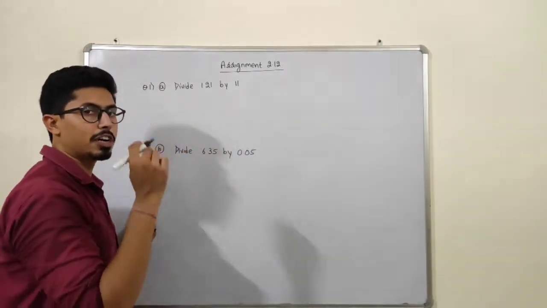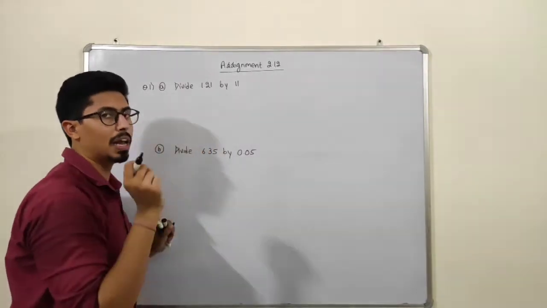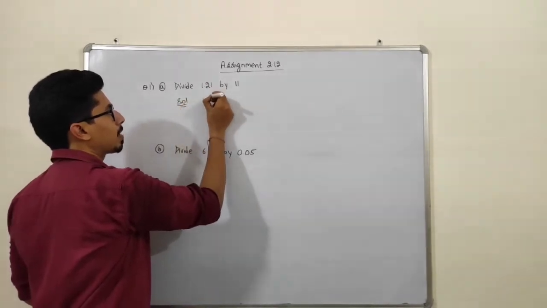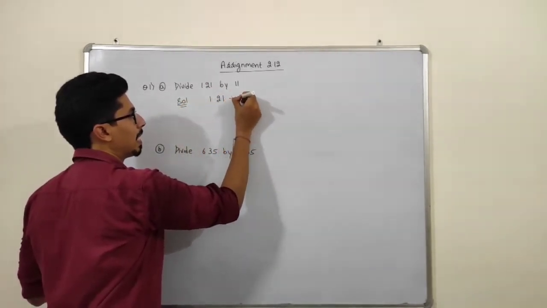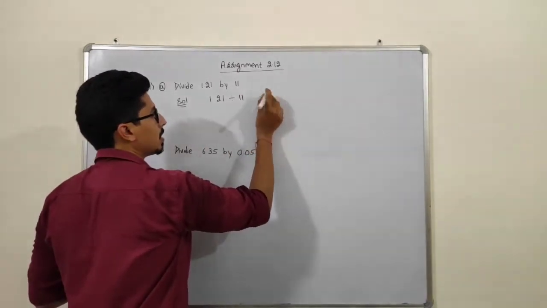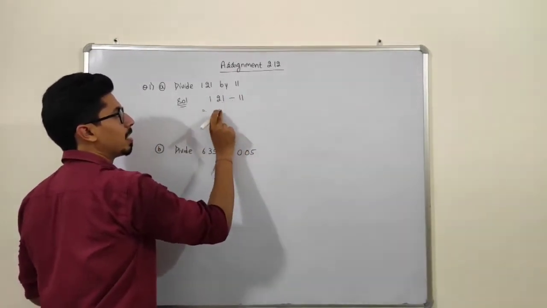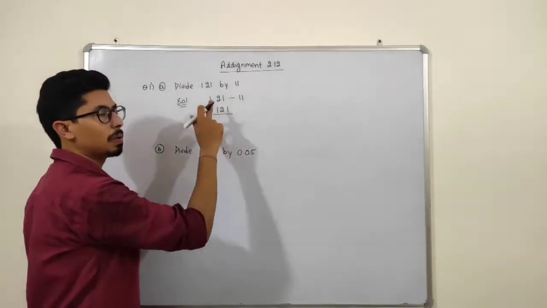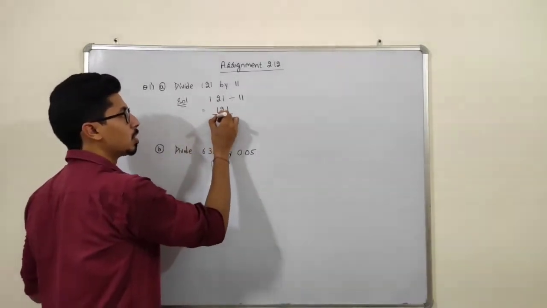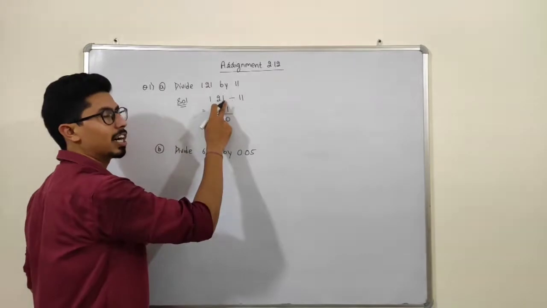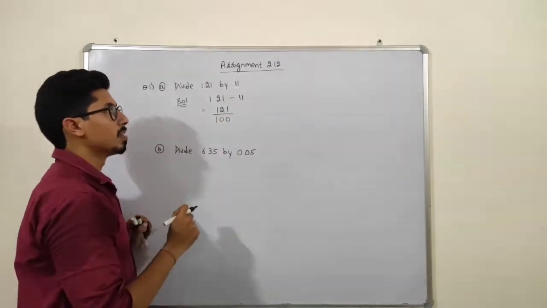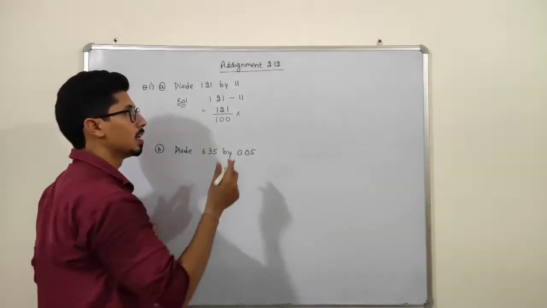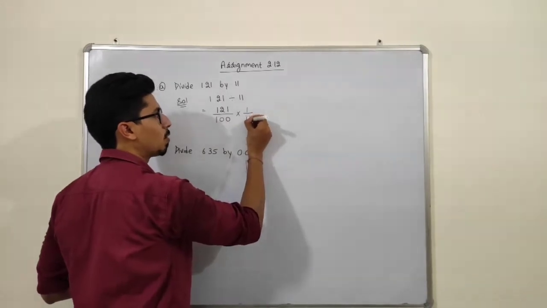Okay. So the first part is divide 1.21 by 11. We have to divide 1.21 by 11 students. So take 1.21 divided by 11. 1.21 can be written as 121. After decimal there are two digits, so I put two zeros here. Now, if I just replace the division sign by multiplication, then the number will get reciprocated. So we have 11 here, so it can be written as 1 by 11 now.